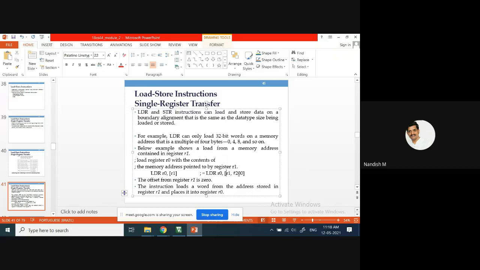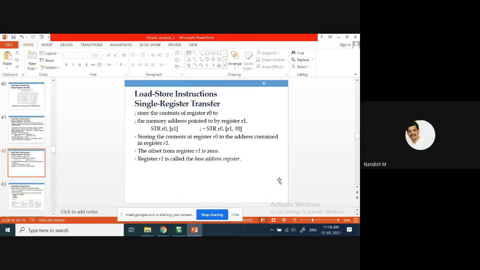Within the brackets it is 600, and 600 is an address. The compiler will go to location 600, get the value and store it in the register R0. Similarly for the store, it will go and store the content of the register R0 to this memory location. Whatever is in R0 goes to this memory location.